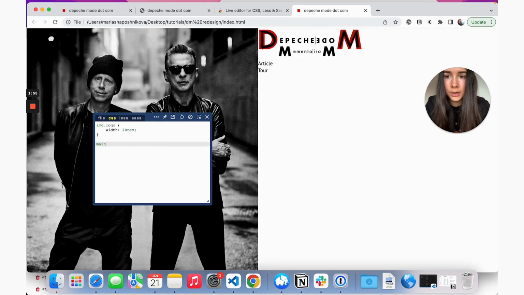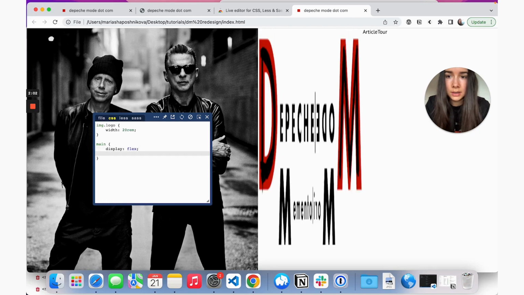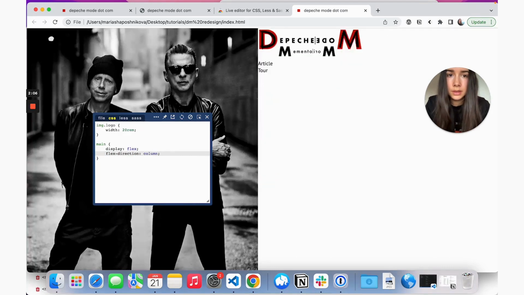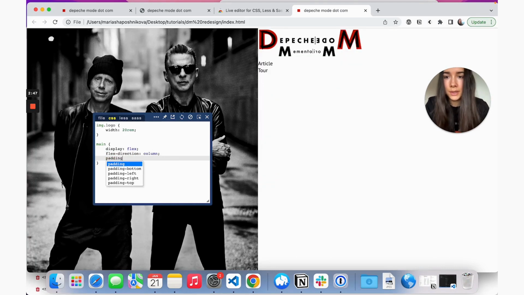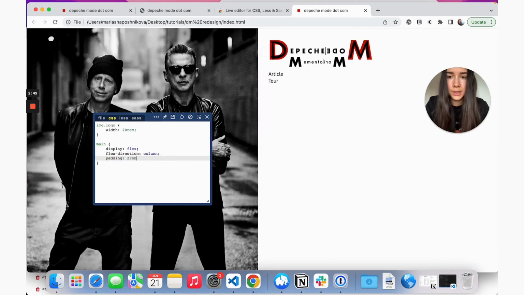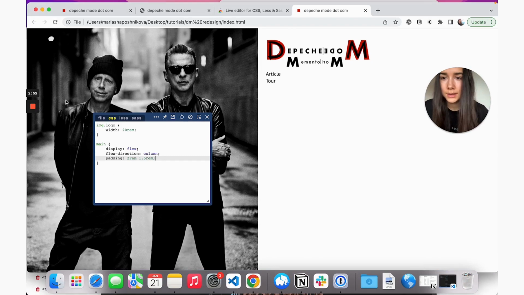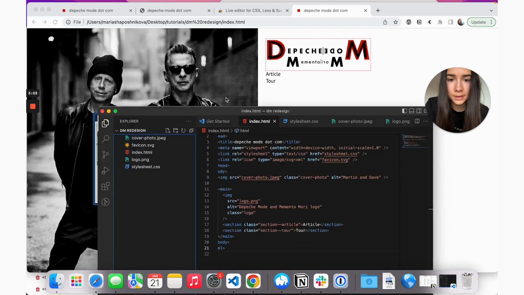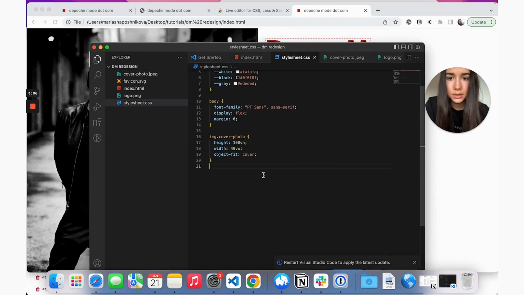And then for our whole main section, we'll do display flex, flex direction column, and then we'll give it some padding, like 2 rems vertical, 1.5 horizontal, just so it's not too close to the edge. And lastly, let's just take this stuff and put it inside our style sheet.